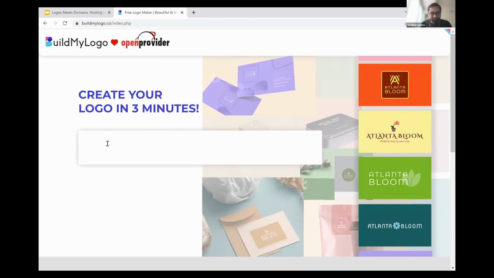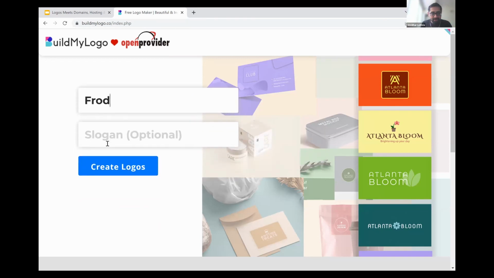So I'm going to go with a brand name. Frodo is my little dog's name, and he's sleeping right near my feet right now. So it's the first thing that came to my mind. I'm going to go with Frodo's Doggy Cafe, and I've not put in a slogan right now. When I hit create logos,